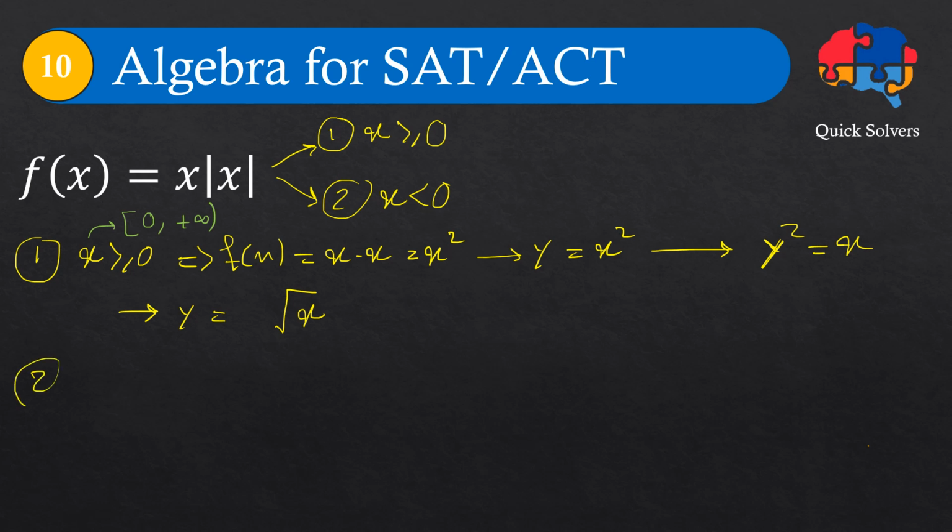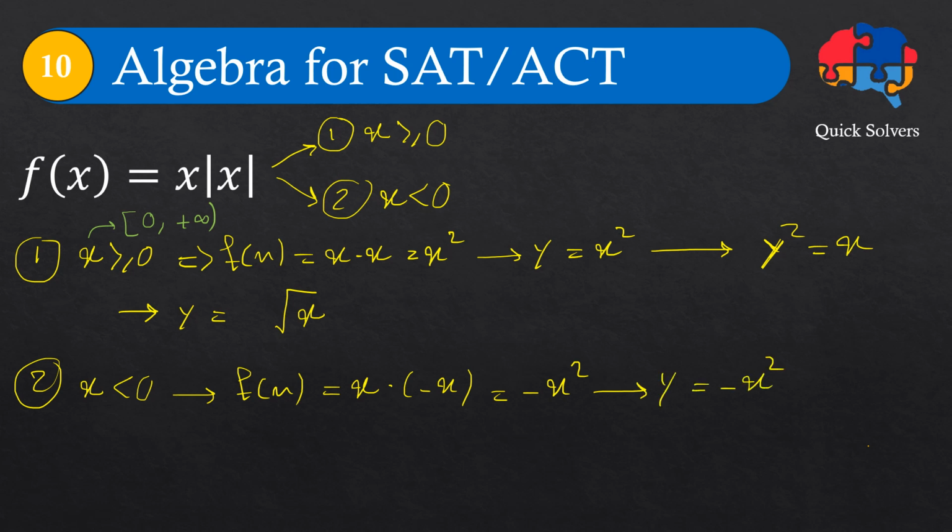In the second case, where x is negative, I can write f(x) as x times, and since we have this absolute value, it returns minus x, because x is negative and minus x would be something positive. So x times minus x is minus x squared. Now, instead of f(x), I can write y equals minus x squared. And now if I swap x and y, then I'll get